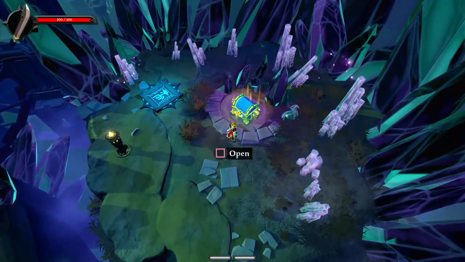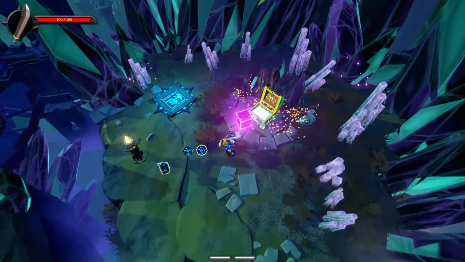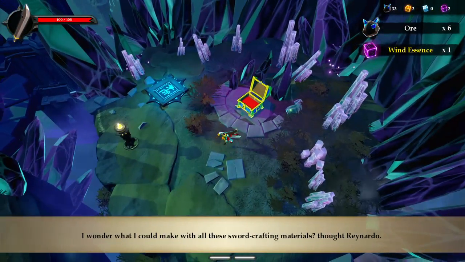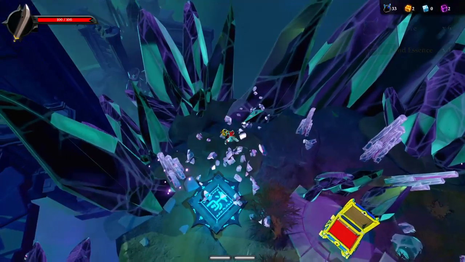There's a chest here, which means it was worth it. And that's the first I've seen that thing actually on. I wonder what I could make with all these sword crafting materials, thought Renato. Yeah, well, as soon as I find a workbench...